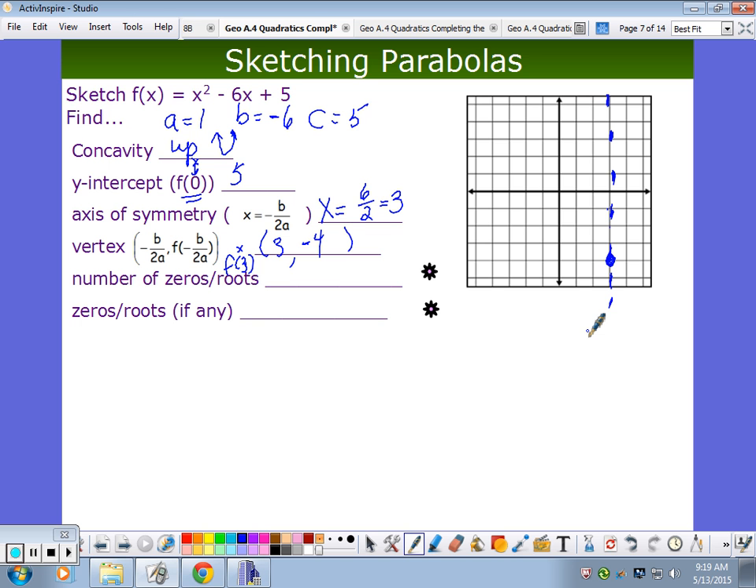How many zeros will this have? 2. How do you know? Zeros are where it intercepts the x-axis. I can see it's going to be twice. There was another way we learned about. Remember what this thing is called? This is called